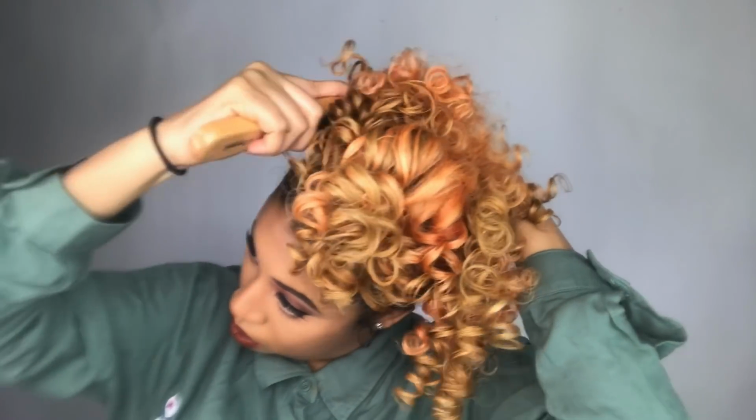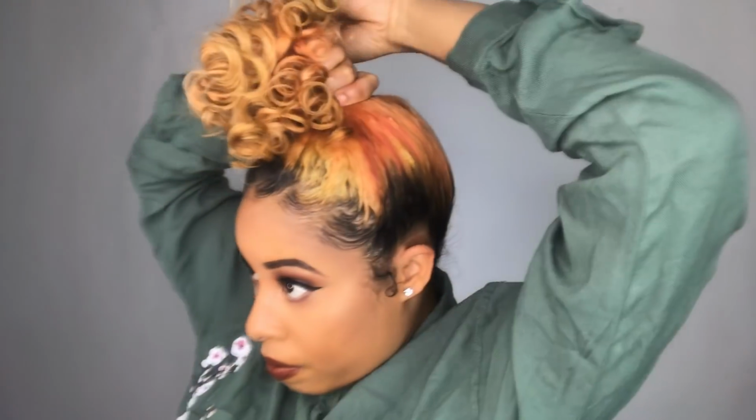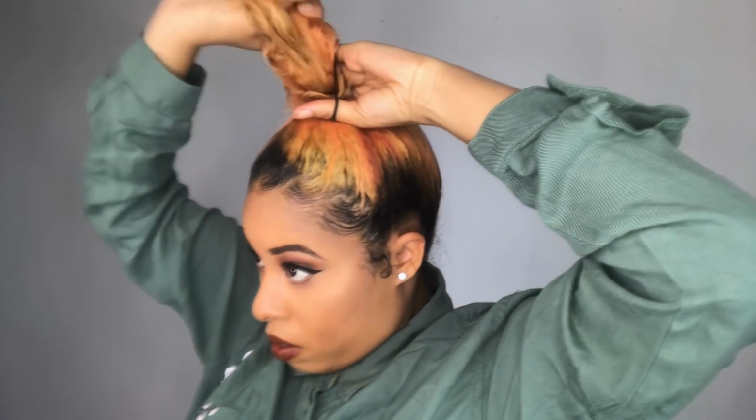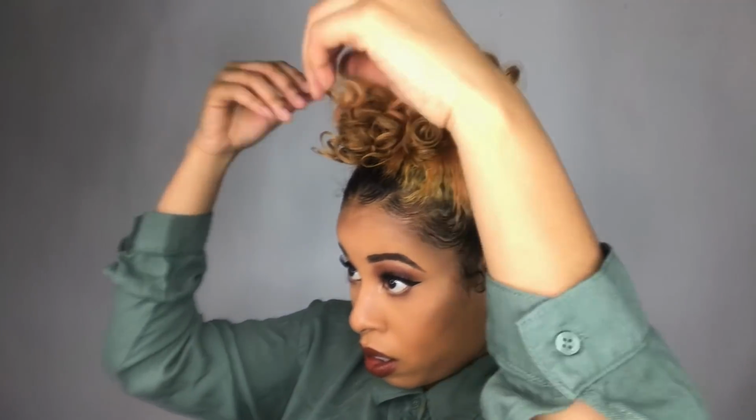And I'm just brushing my hair up in a ponytail. The only reason I didn't go into detail on flexi rods is because if you watch my videos a lot, you've seen me do this technique and go through it a couple times already, so I didn't need to really go into detail. But I'm just fluffing it out. Then I'm going to pick my hair,